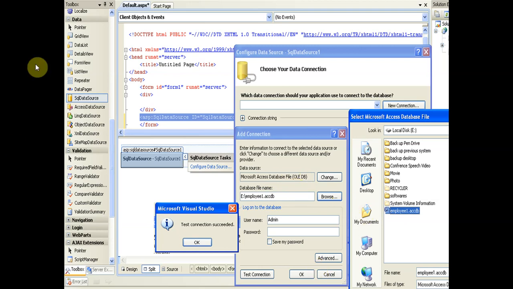So we can test this connection, to check whether we have connected perfectly with the database or not. We will press the test connection button, and if everything is okay, it will display connection succeeded. Otherwise it will display an error message over here, and then we can reselect the element and reconfigure the database connectivity. This is the message, and this is the test connection button. This is a very important button, and this is the GUI method.